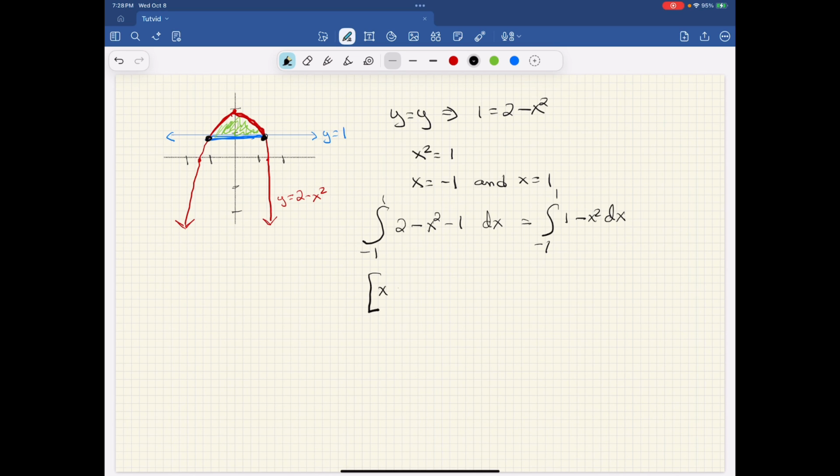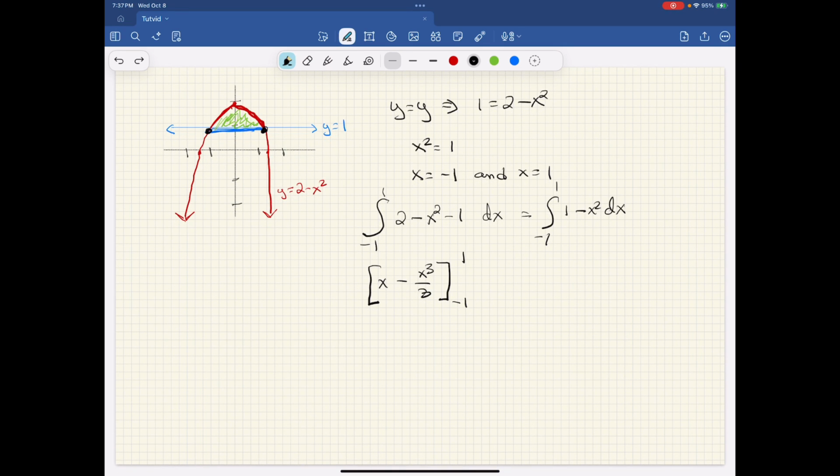x minus x cubed over 3, evaluated from minus 1 to 1. Now let's plug in our endpoints. So we'll have 1 minus 1 over 3